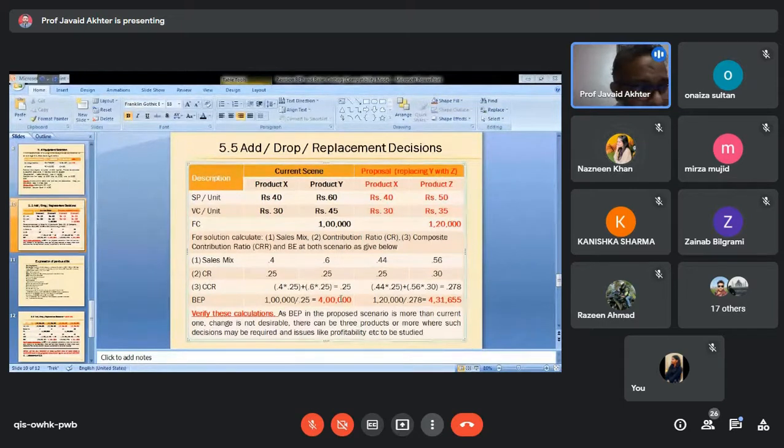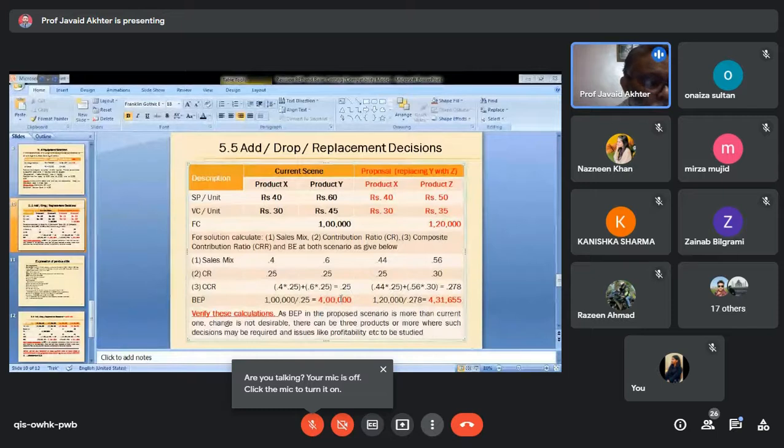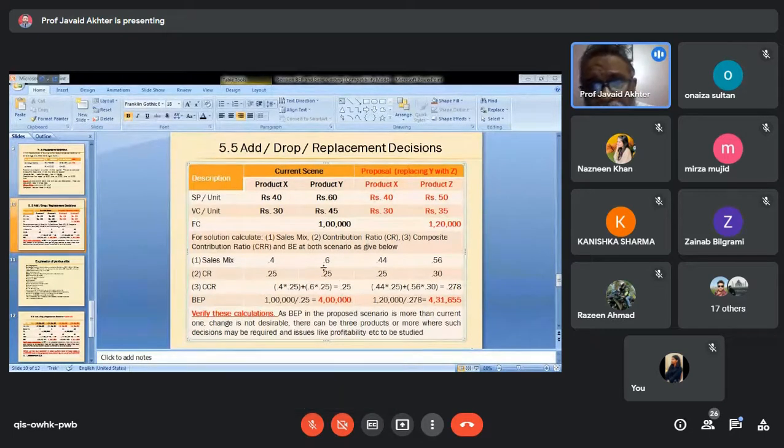No, sir. What I can guess from your question is, you mean to say a product which is giving more margin should not be dropped, and a product which gives lesser margin should be dropped. In this case, which one is giving lesser margin? It is 25%, it is 25%, it is 25%, it is 30%. So Z is the most profitable one when it comes to margin. But we need to work out break-even only and then take a decision. Any other question?